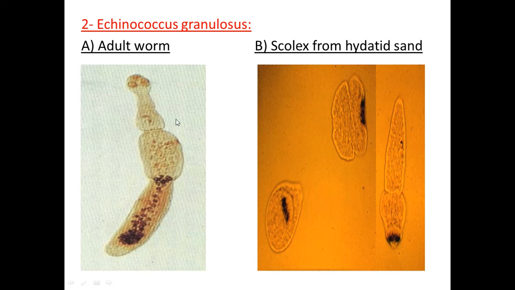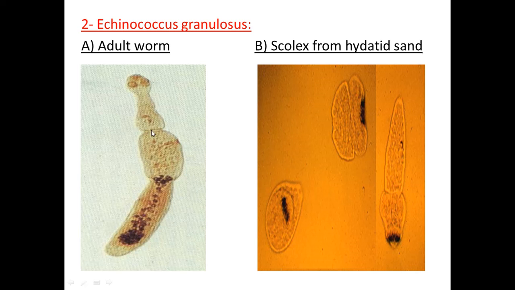Of course, the body parts of Cestoda are head or scolex. We always call the head scolex. Neck, which is the generative organ. The neck is the generative organ as it forms the rest of the body of the cestode. It forms the strobila. The strobila consists of three types of segments.